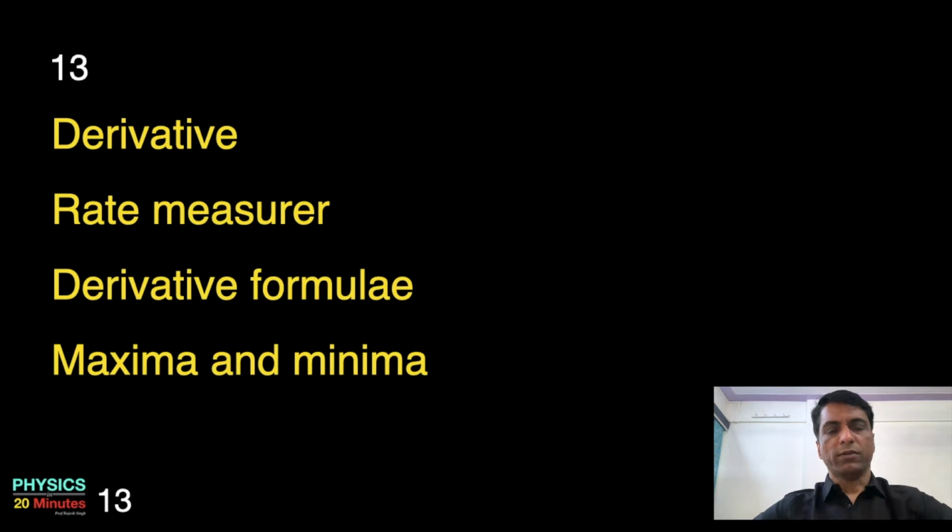So what is derivative? Derivative measures the instantaneous rate of change. In the history, for a long time, intellectuals struggled to find out the rate of change of quantity at a given instant. It was only in the 17th century this technique got developed, largely due to the effort of Newton and Leibniz. Let's try to learn some of these techniques.